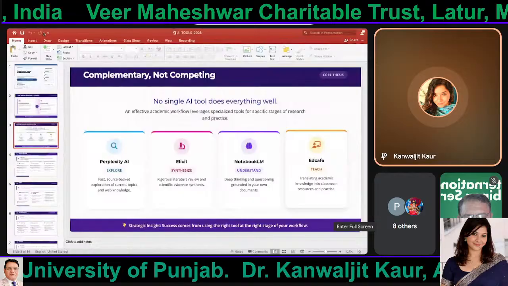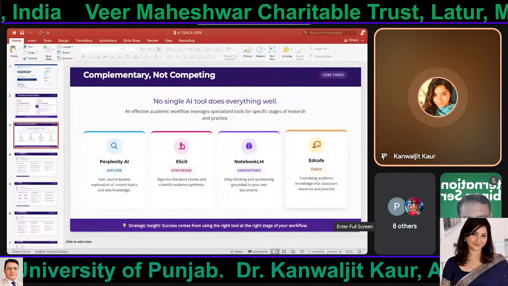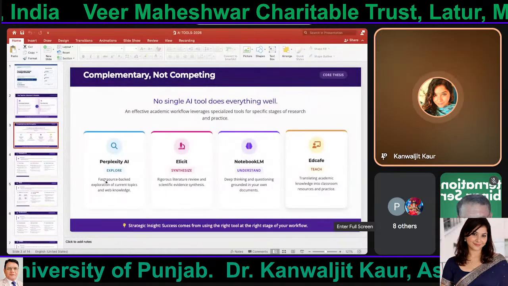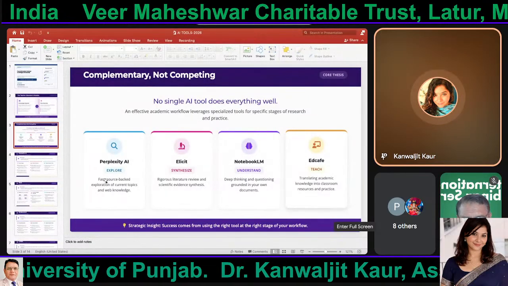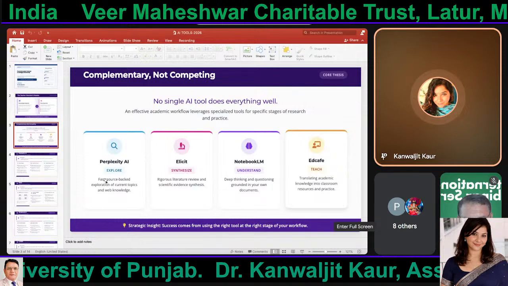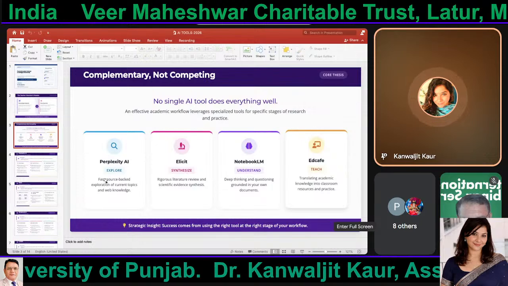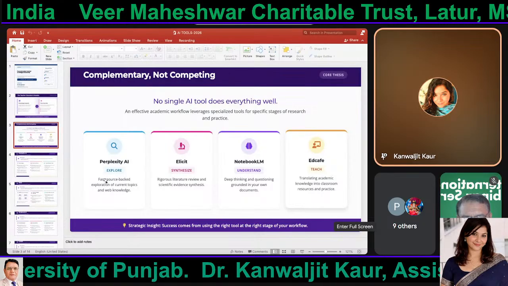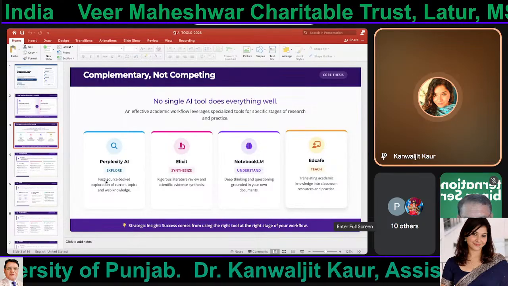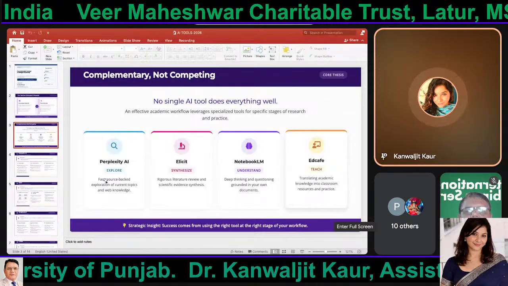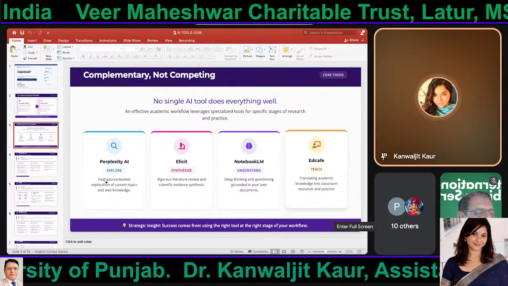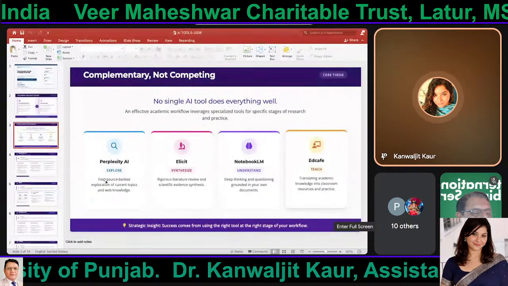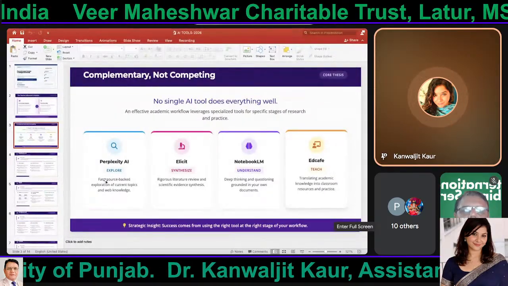क्या चीजें हैं. If you want to understand the concepts only, then Perplexity AI is a wonderful tool for you. But if you want a rigorous literature review and scientific evidence synthesis, Elicit is one of the best tools. If you want to convert your enriched material into teaching material, AdCafe is very, very good. But if you want to read some PDF, NotebookLM is one of the best options among all the AI tools.